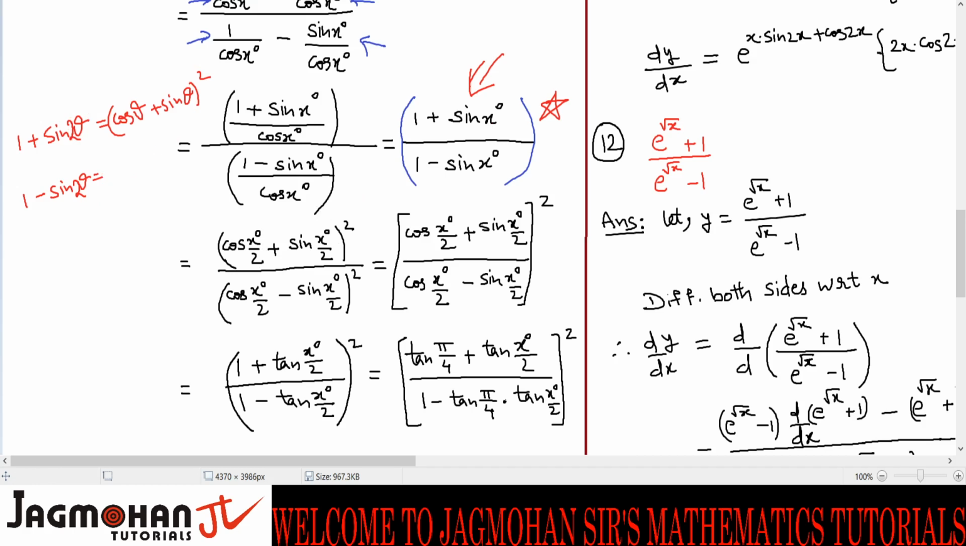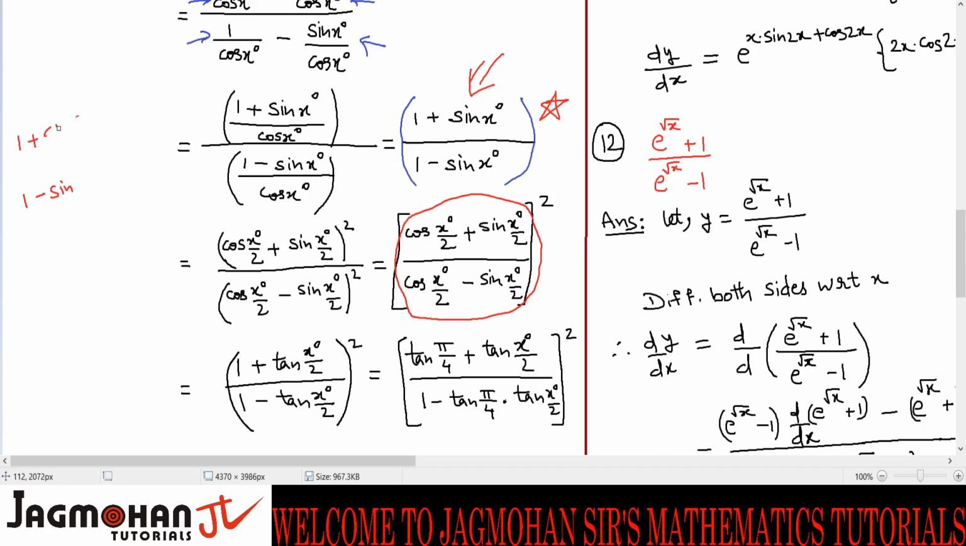Let me remove this. Okay, so x degree by 2: cos x degree by 2 plus sin x degree by 2 the whole square, and this. Now I wrote common square. Okay, one more thing. Now look at this trigonometric expression. This is another very important expression which we come across quite often. So what I do here is,